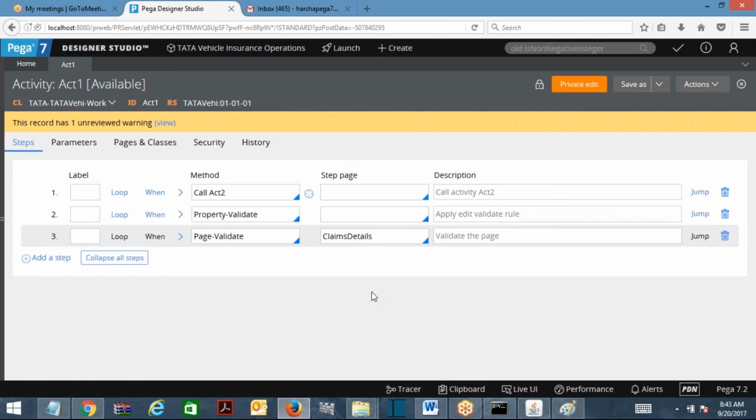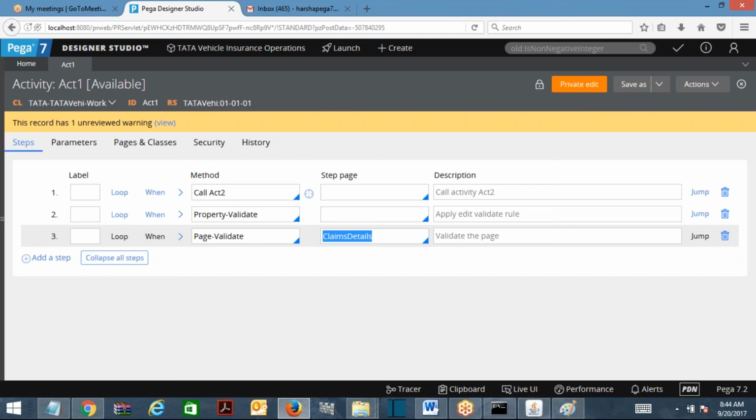On this step page, you have 5 properties. Suppose age, property 2, property 3, something. All these properties in their advanced tab have edit validate rules. Those will be executed. Page has n number of properties. Suppose 10 properties are there. 3 out of these 10 properties have edit validates implemented on the advanced tab. Those will be validated with the edit validate.